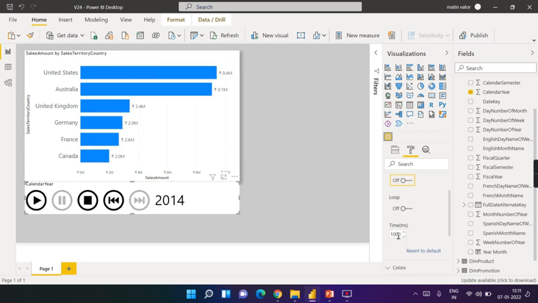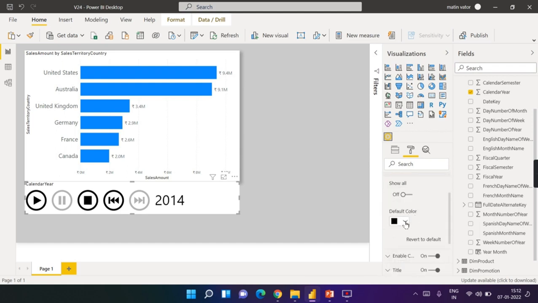And you can increase the timing. It is 1000 milliseconds. I hope it is like 1 second, I think. So if you want, you can increase to 2500 or 2000 based on how you want to enable it. So these are core properties.